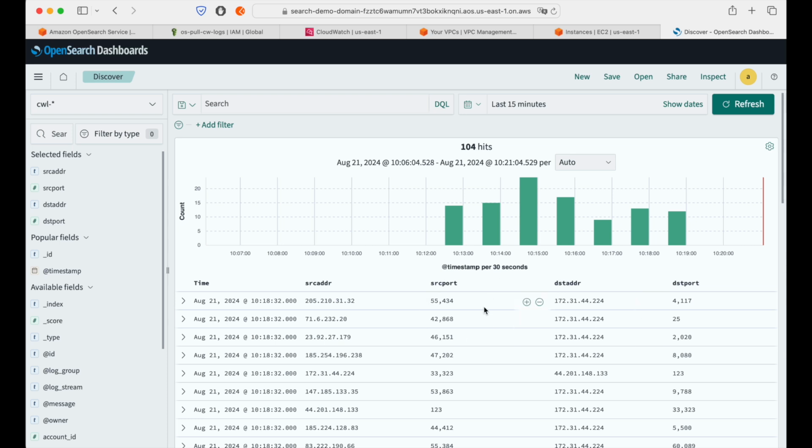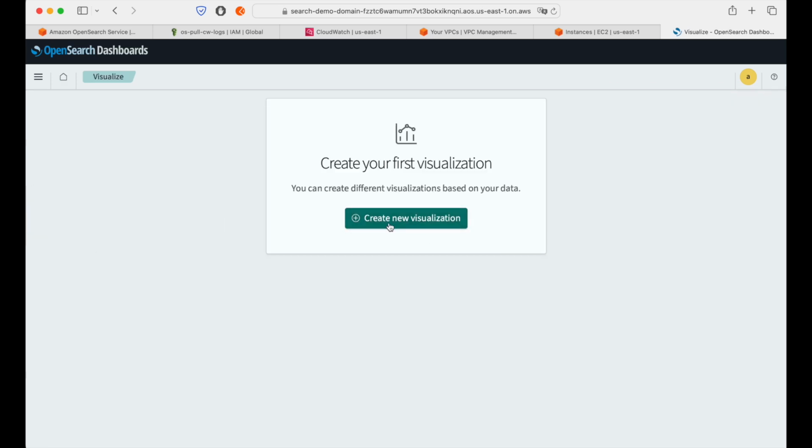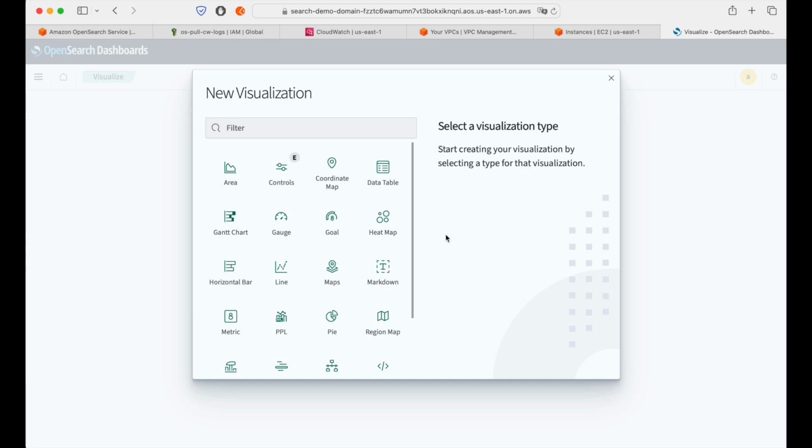Now, you can do more. What you can do is visualization on the dashboards as well. I will not explain the visualization in detail, but you can create visualizations. There is some documentation available, and you can also see how to create visualizations. So maybe if you go here and then go to visualize, and then create a new visualization,